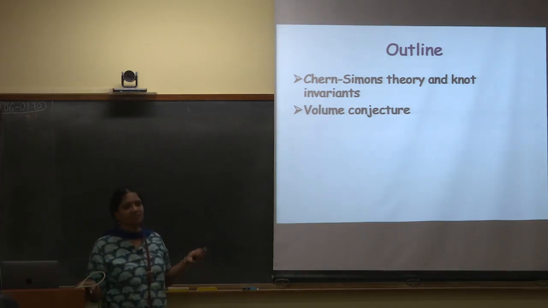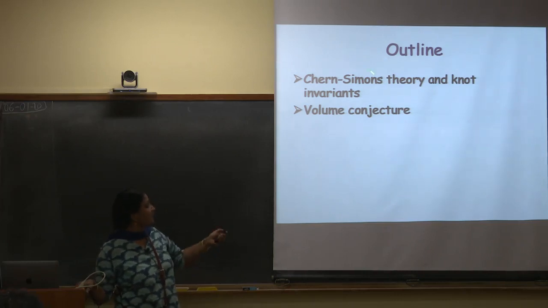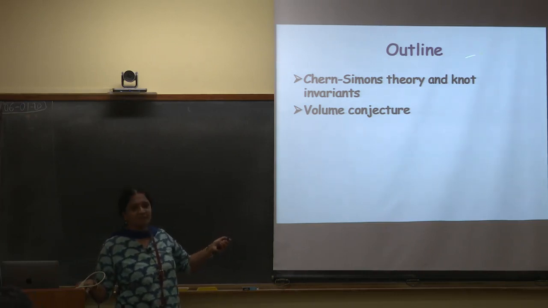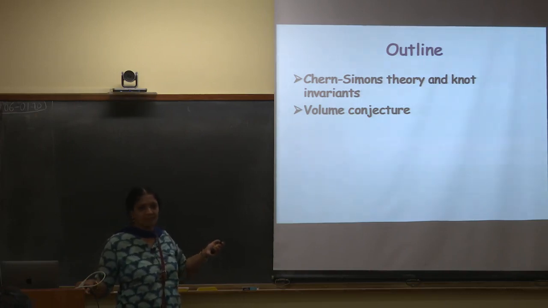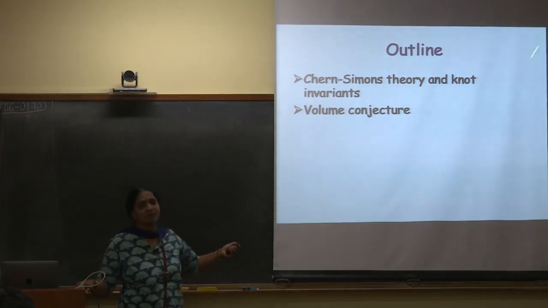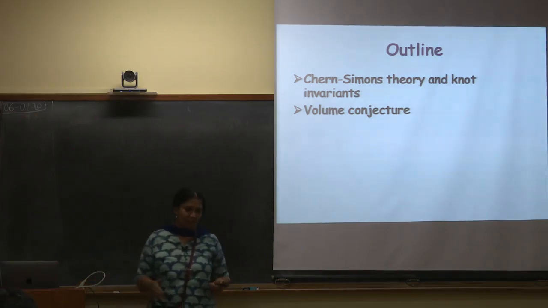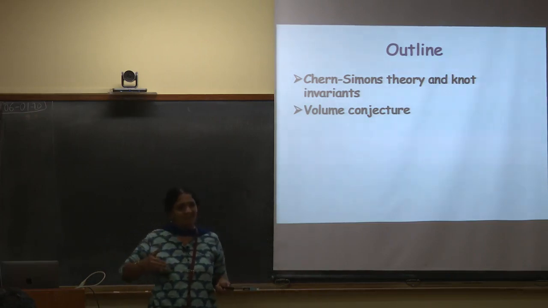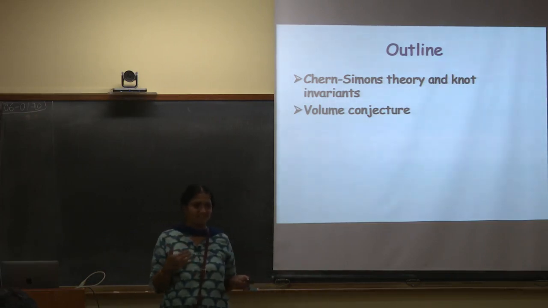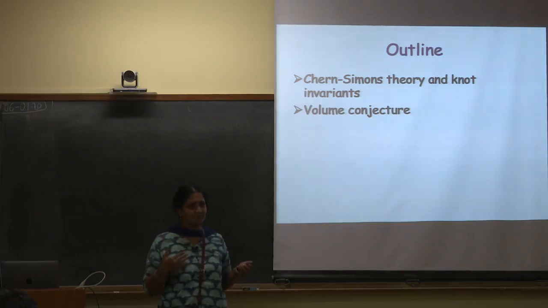There are SL2C Chern-Simons, SU2 Chern-Simons, SU3, SUN, SON and so on. The complexified groups have a lot more information, not only on the volume of the 3-manifold, but you can also get more information about the SL2C character variety and also get the full partition function. Okay. So, there are some things which Gukov has mentioned in a 2003 paper.